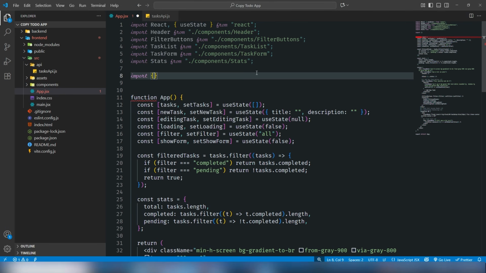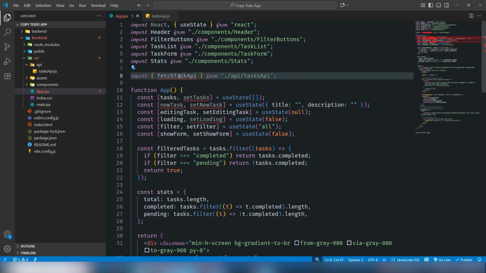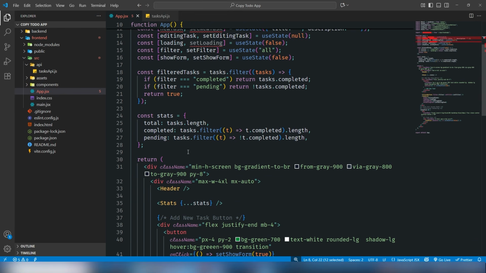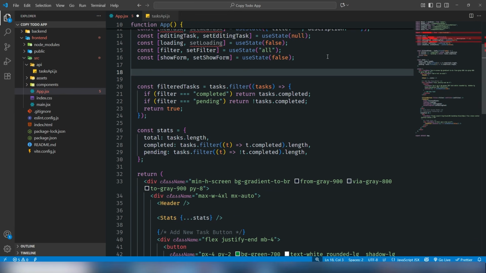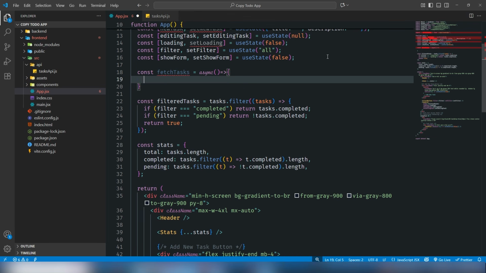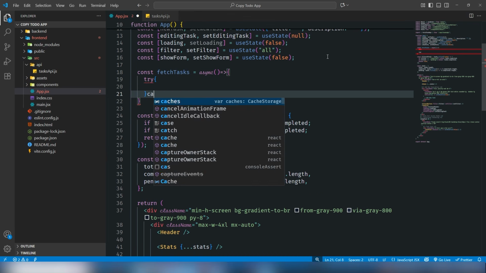Import fetchTaskAPI from there. I need to destructure them because I will create many other functions inside there. This time I just create a fetch task API, right? So let's create a function const fetchTask async and use try, catch,